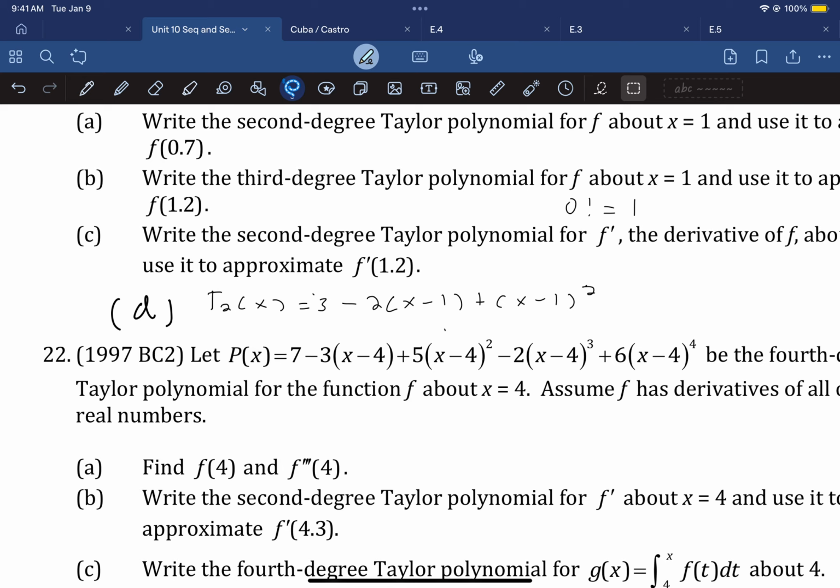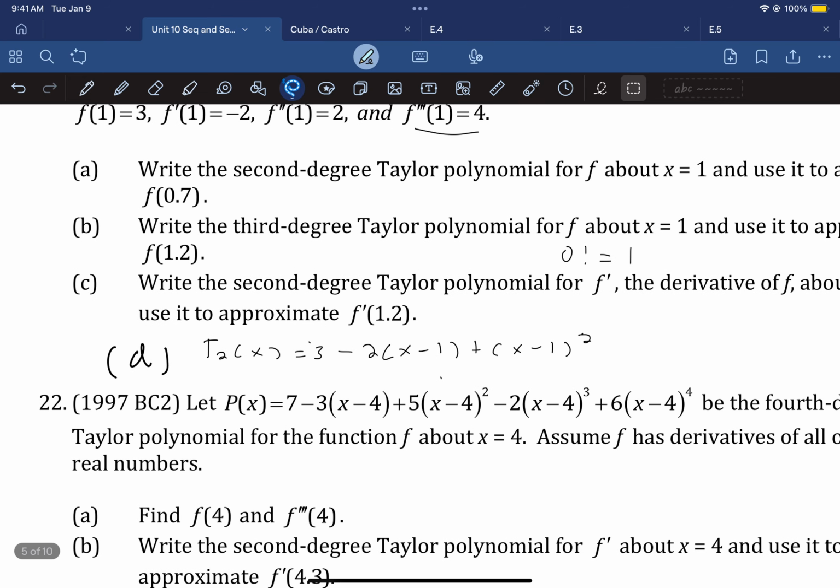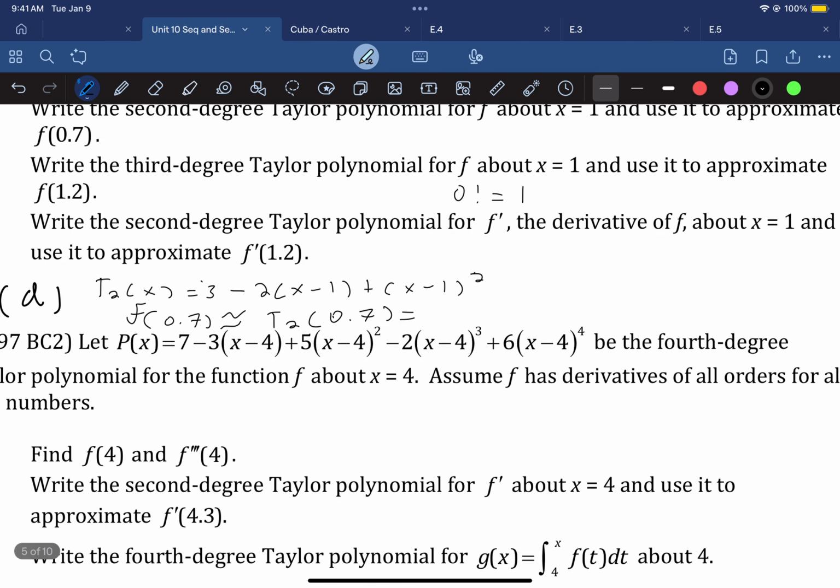And then we're trying to approximate f of 0.7. So let me get the pen out. F of 0.7 is approximately our second degree Taylor polynomial evaluated at 0.7. So this is equal to 3 minus 2 times 0.7